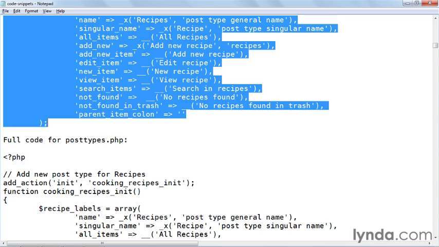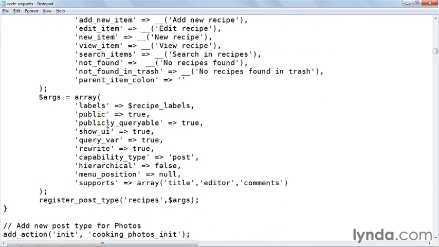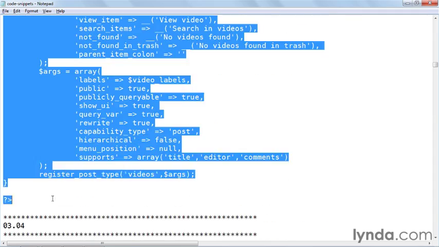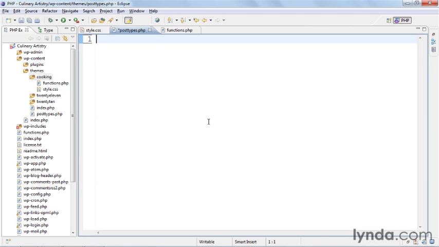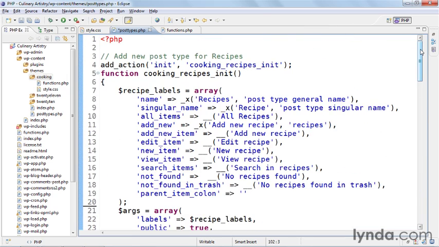Just because it's a lot of code, I've created it for you. So what you can do if you don't want to do this manually is simply go to the code snippets, find it where it says full code for posttypes.php, and copy all the code all the way down to the end of the PHP delimiter. Copy this, go back to the code editor under posttypes.php, delete everything, and just paste in this new content. When I save it,